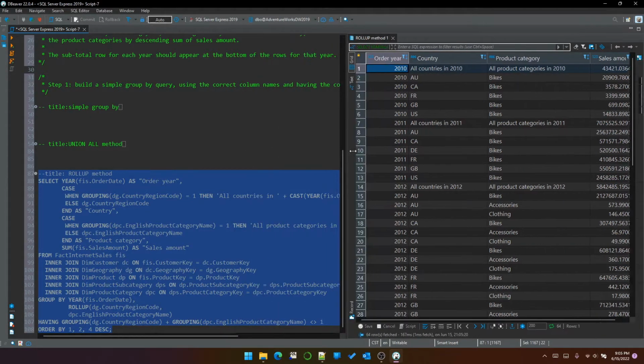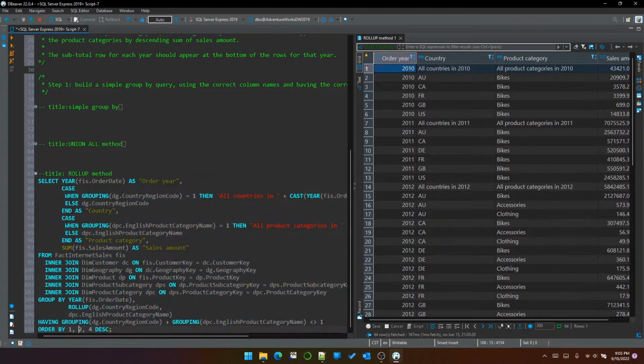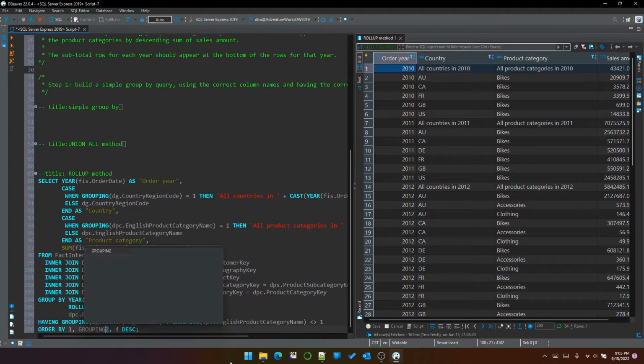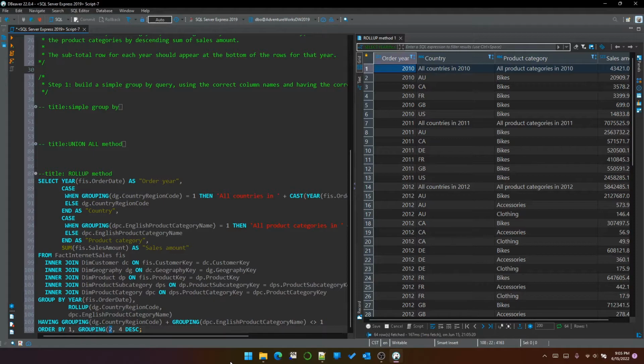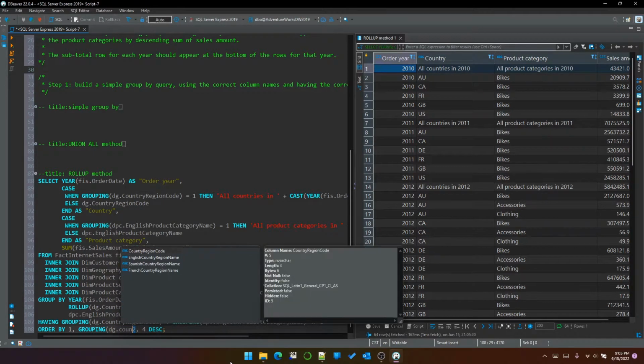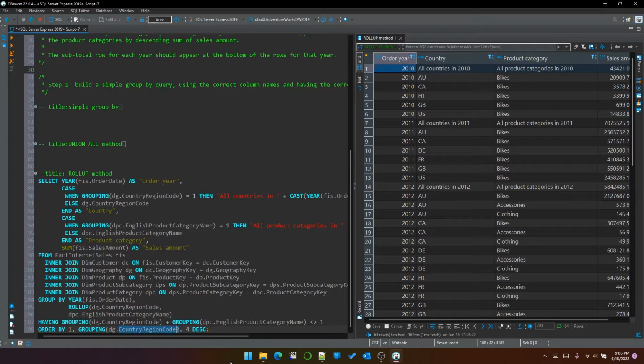Now, because we don't have union all, we can put whatever we want in the order by clause, which means we can do grouping dg.country region code in the order by clause. So remember, this grouping function for country region code will return 0 for every row that is not a subtotal created by rollup,